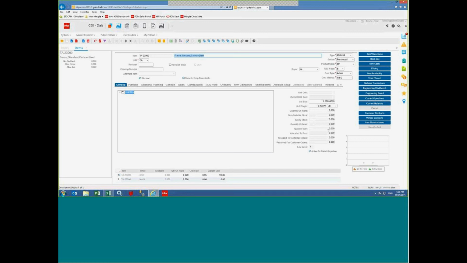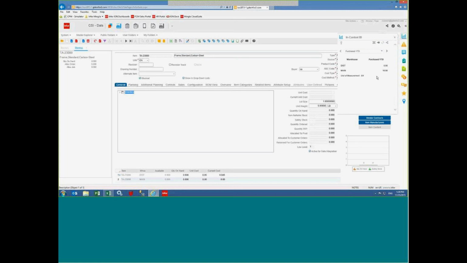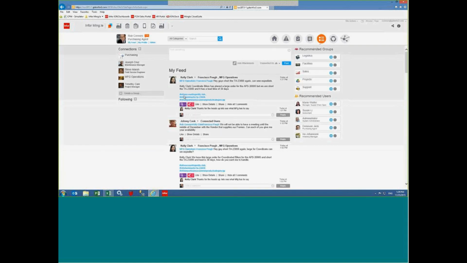I can see I have nothing allocated. I have nothing on order. I can use my in-context BI here to actually see how many purchases year-to-date have we done on this TA 23,000. And out of these purchases, I can see what was the delivery performance of my vendor. I can see 66% of the time this vendor was on time. That may be enough to say, you know what, I'm confident as a purchasing agent that we can purchase this and expedite this, and the vendor will deliver on time. Now, there's probably other things that a purchasing agent would do before he comes back to this feed and replies to Kelly and Francisco and says,